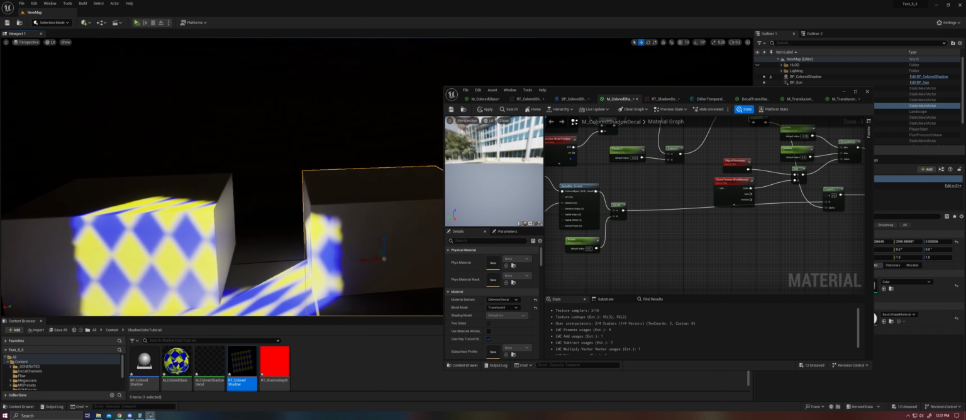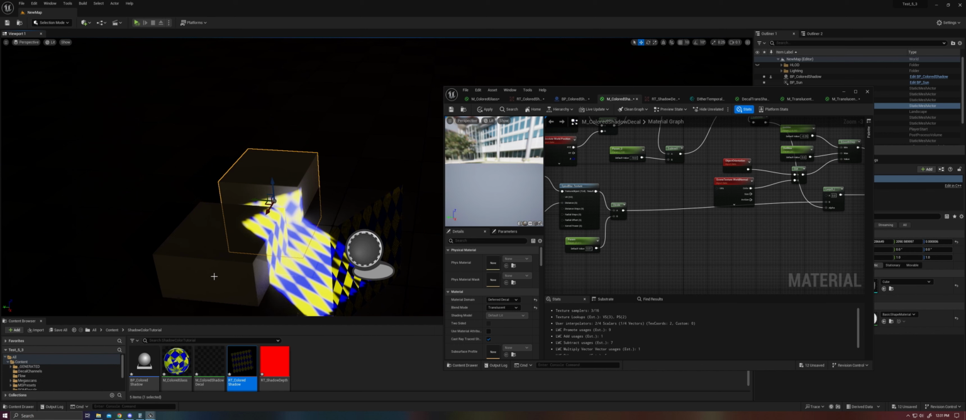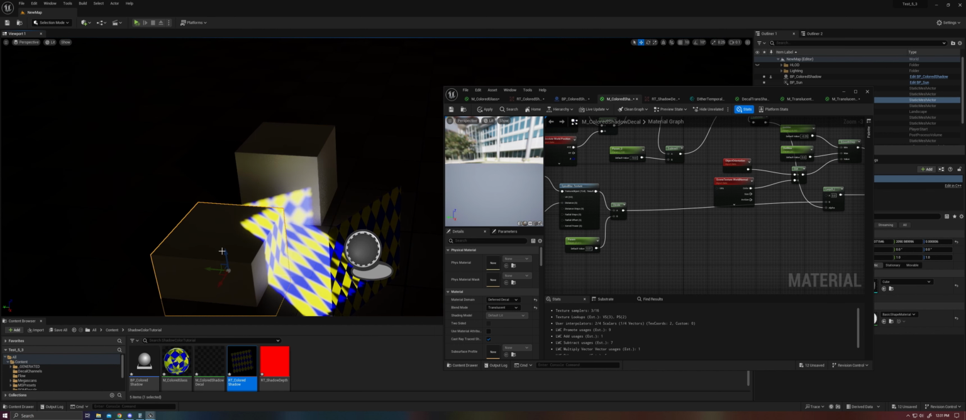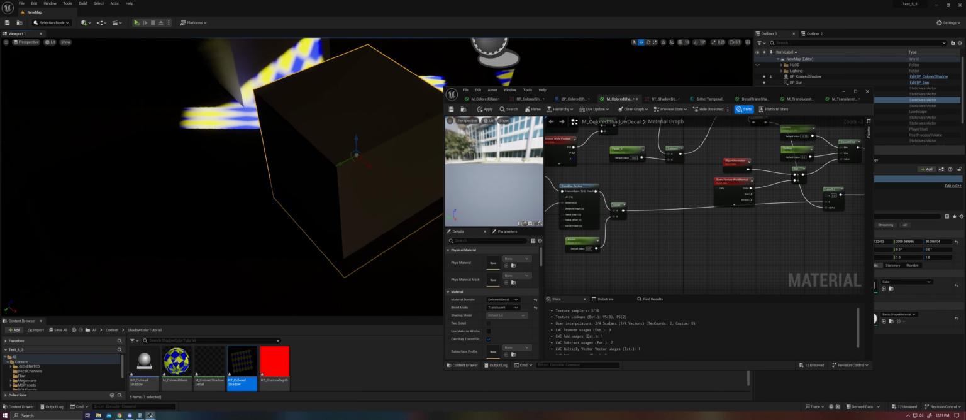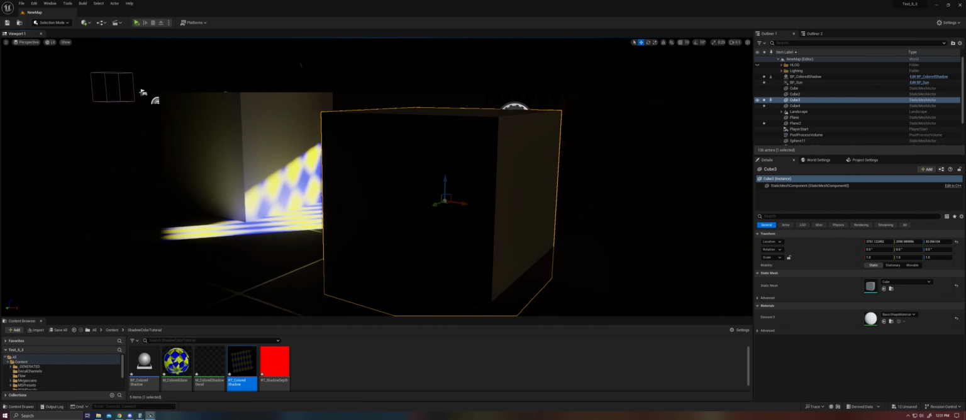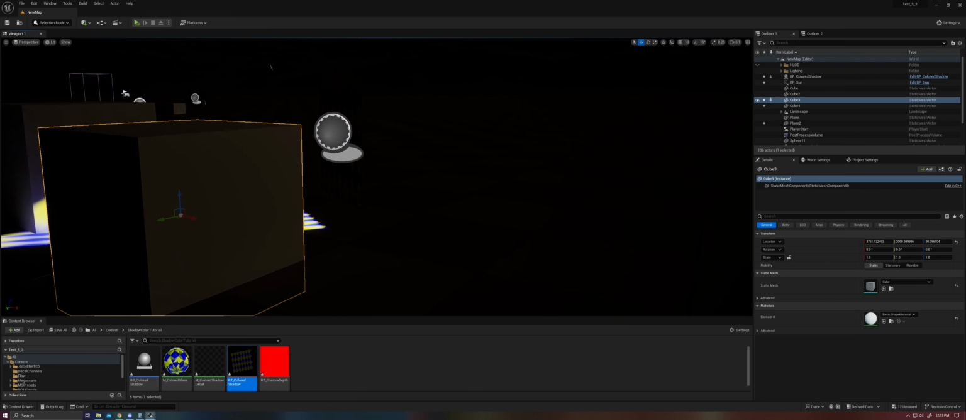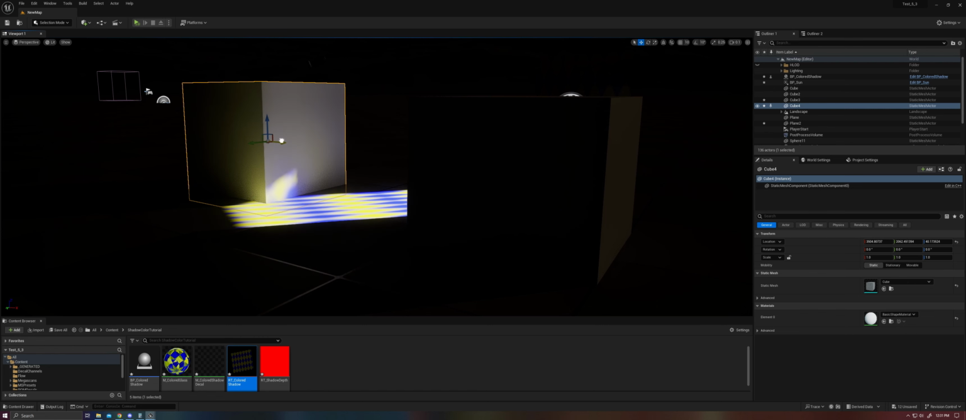So the one downside to this, I guess, is that if you're trying to make like a dark hallway that's lit kind of exclusively by this stuff, you're going to have some disocclusion happening, but